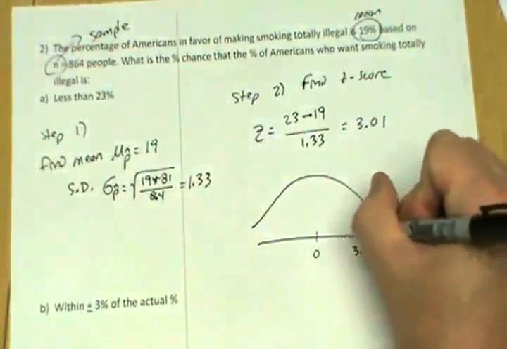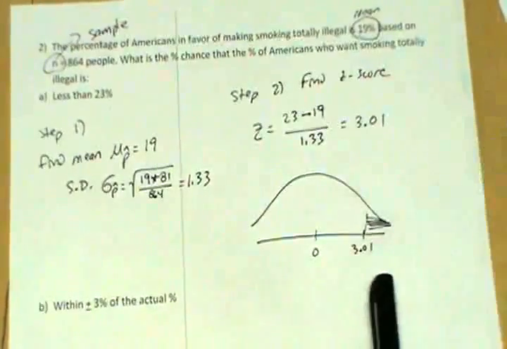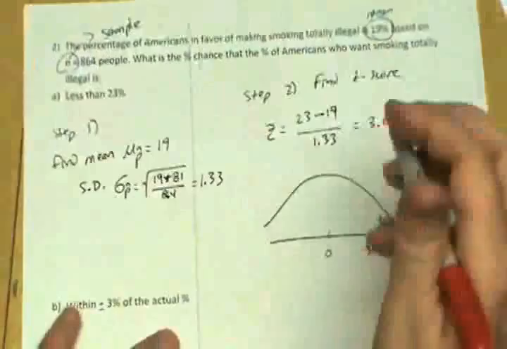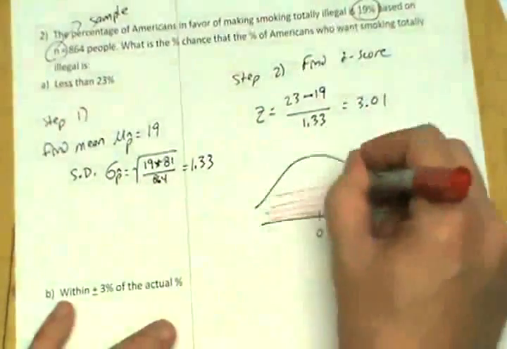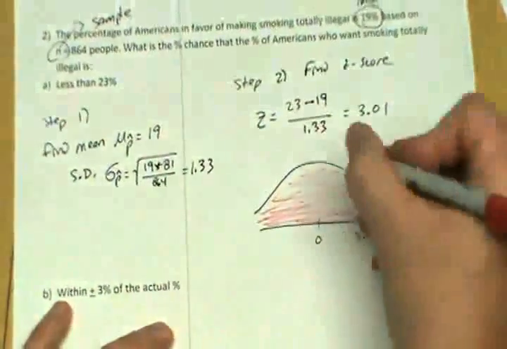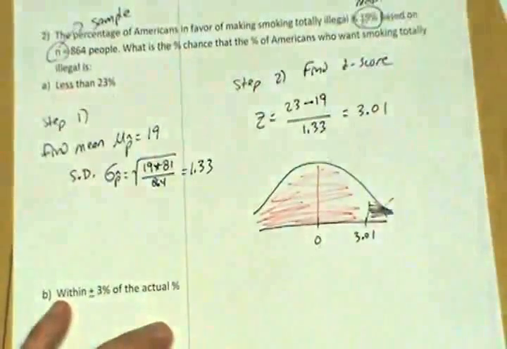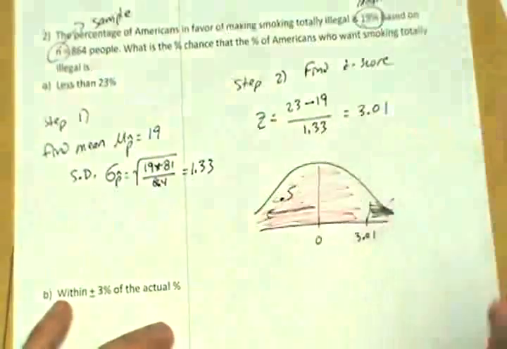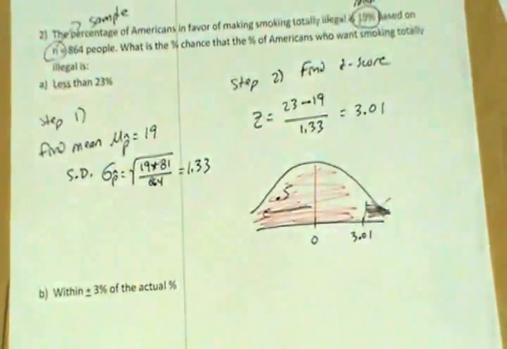So 3.01, we want more than, nope, I'm sorry, we want less than that. Cross that, less than. So that's all of this over here. Okay. So that would include the left-hand half of the table, or the bell-shaped curve. We look up 3.01, we're getting